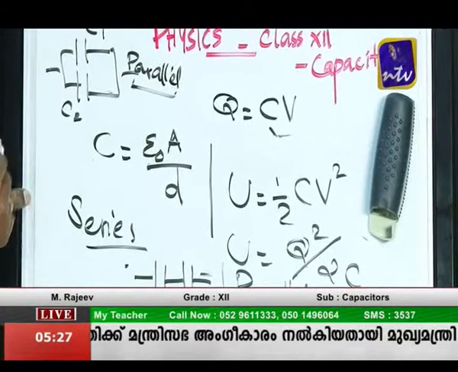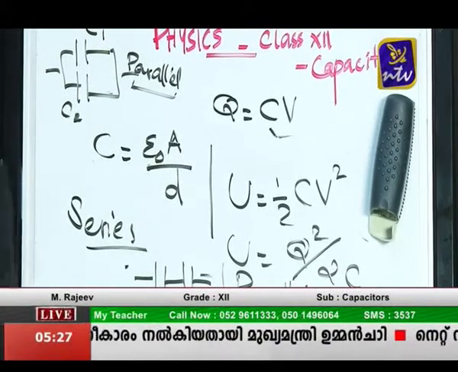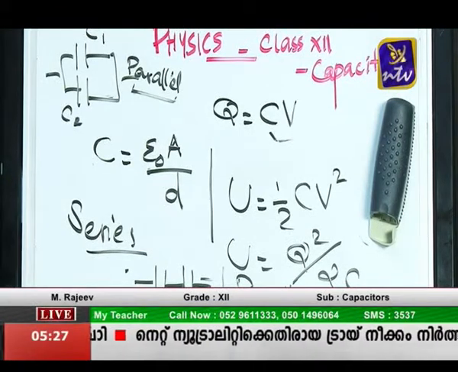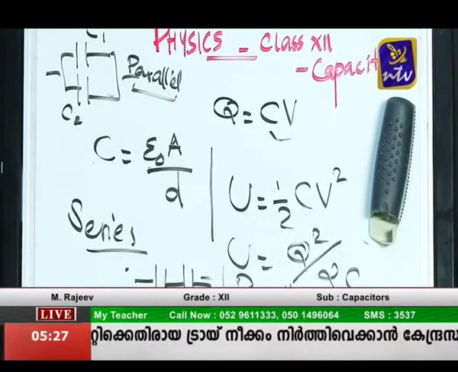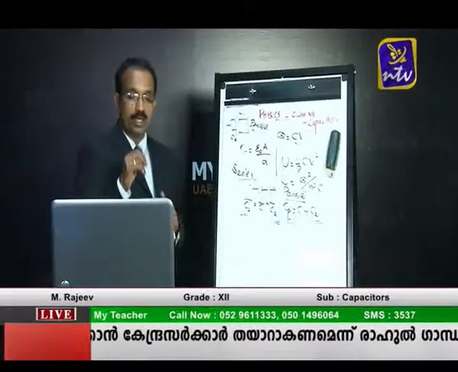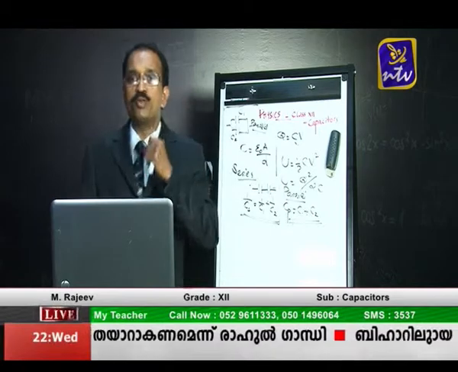In parallel connection, the effective capacitance is the sum of the individual capacitances, and in series connection, the effective capacitance is given by the equation 1 by Cs is equal to 1 by C1 plus 1 by C2. So that's one thing to understand. An aspect to understand carefully is